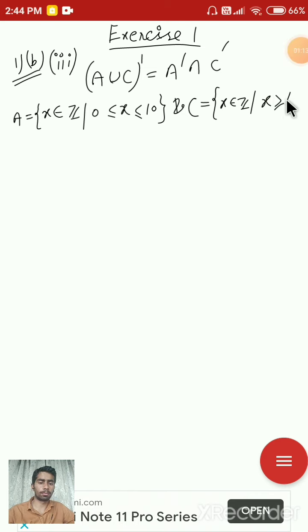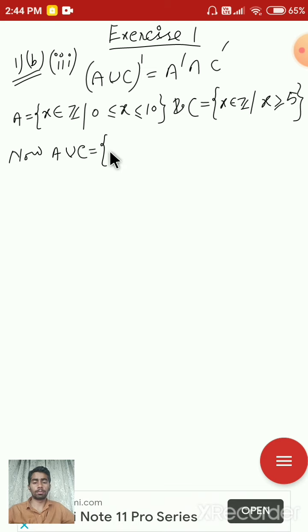Now, by the definition of union, A union C will be equal to the set of integers x belongs to Z such that